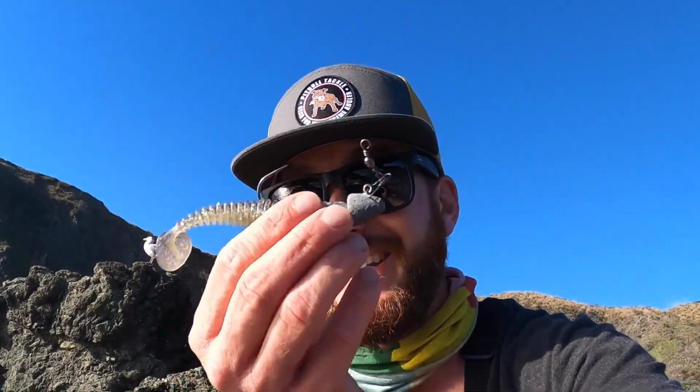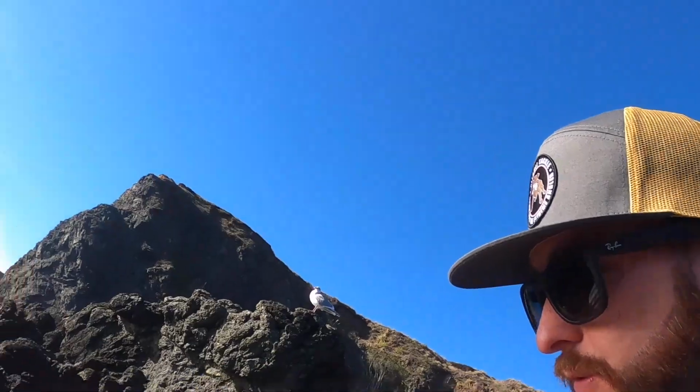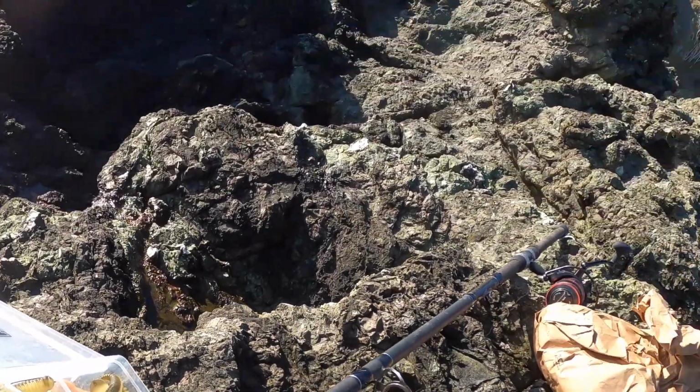So I got a couple swim baits I'm gonna try to use. This one I hooked up on a big ling cod, my first big ling cod on this exact setup right here. That's why the hook's all bent, man. Killer. Anyways, I'm gonna mess around with what I got. I got a bunch of swim baits in here that I'm gonna throw out for them. Try to get some weedless stuff going on right now because I'm just losing too much stuff out here. But anyways,